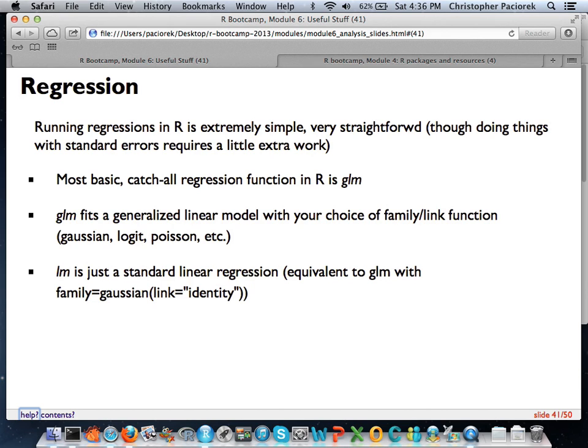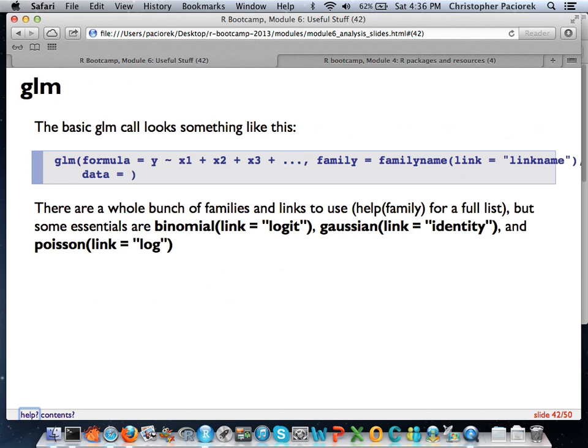Yeah, so this is the basic function we're going to be working with here for a second. So here's your basic call. You have GLM, and this is the formula. This is basically the formula of the line that you're interested in estimating. So you put in your Y variable, your outcome variable of interest. You specify the various regressors or covariates that you're interested in.